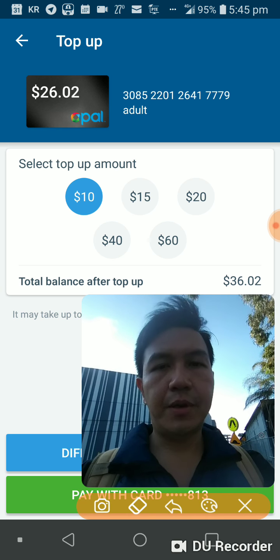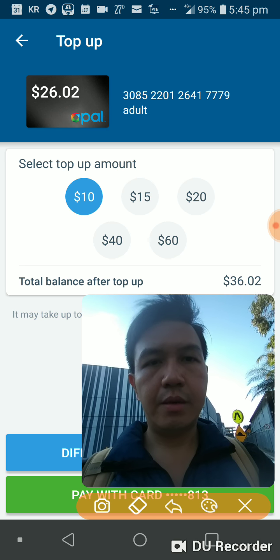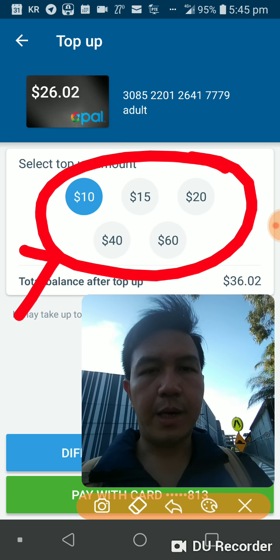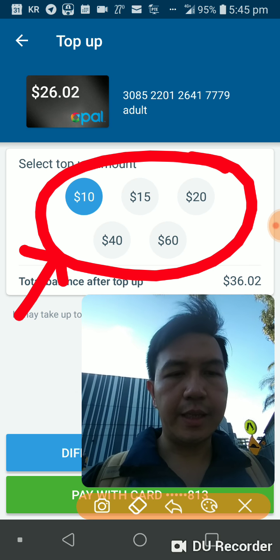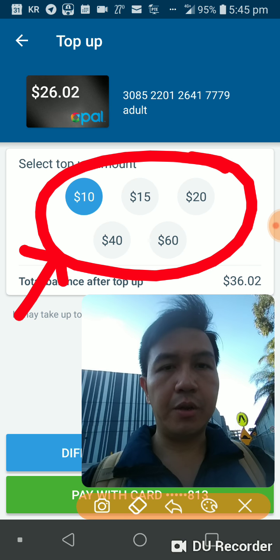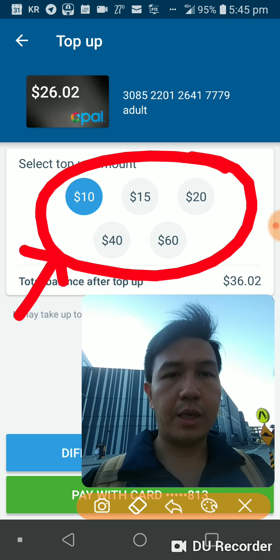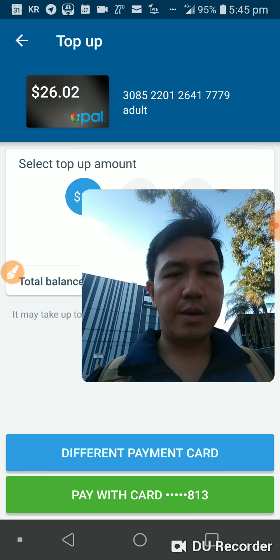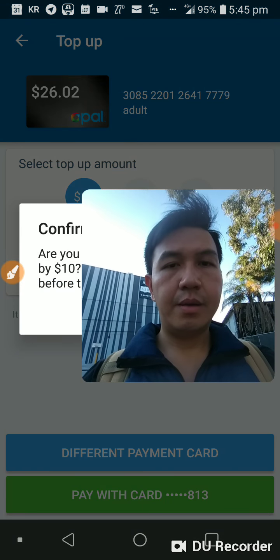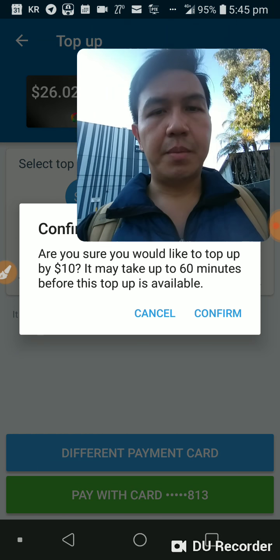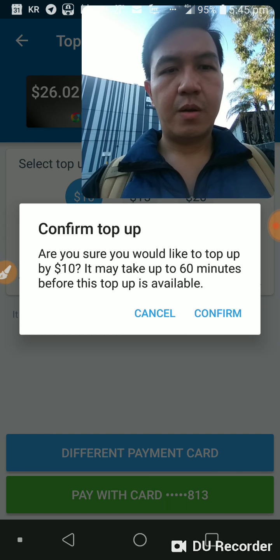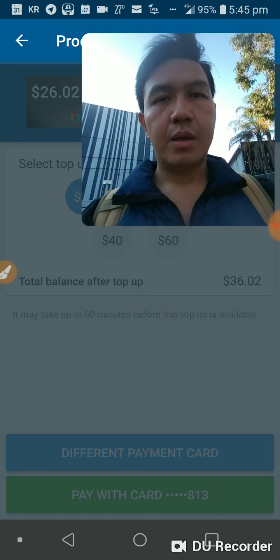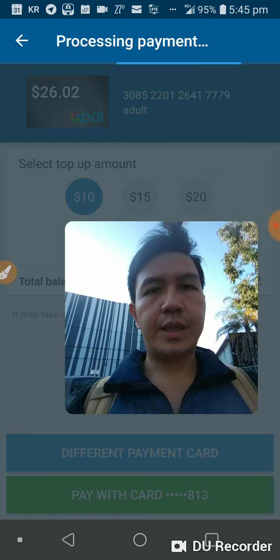Then there are several values here. Which value do you want to top up? In this instance, I'm going to top up $10. Then press pay and then confirm. It will be $36,